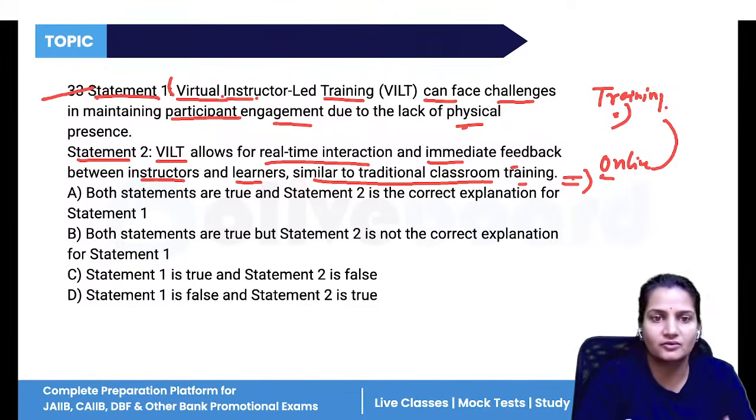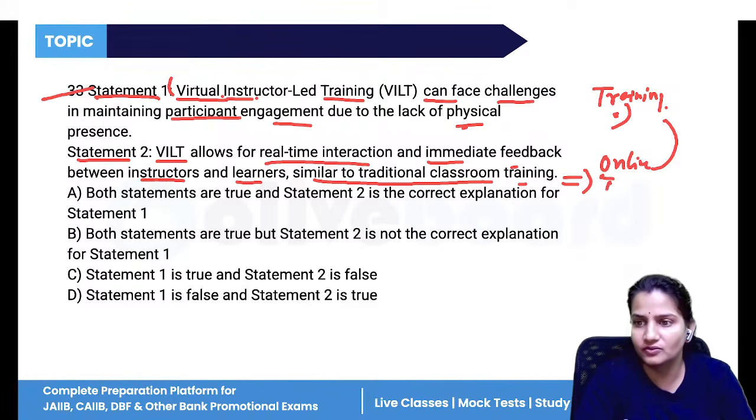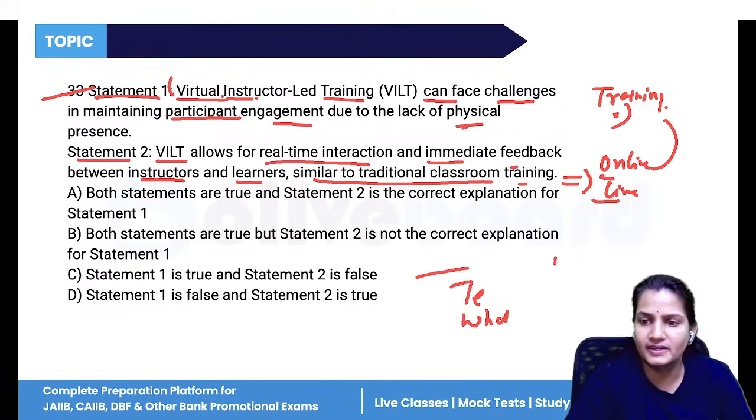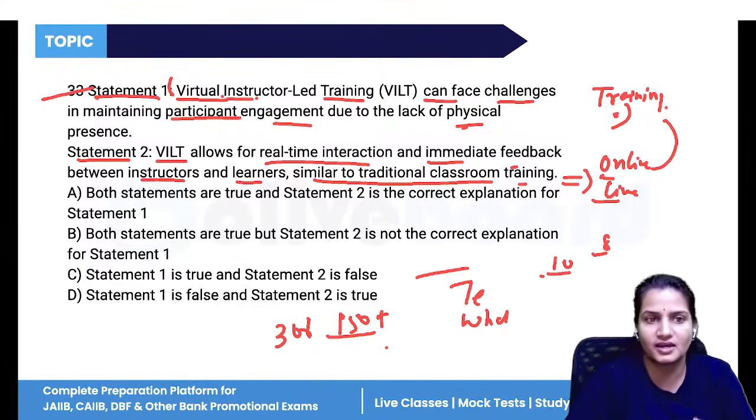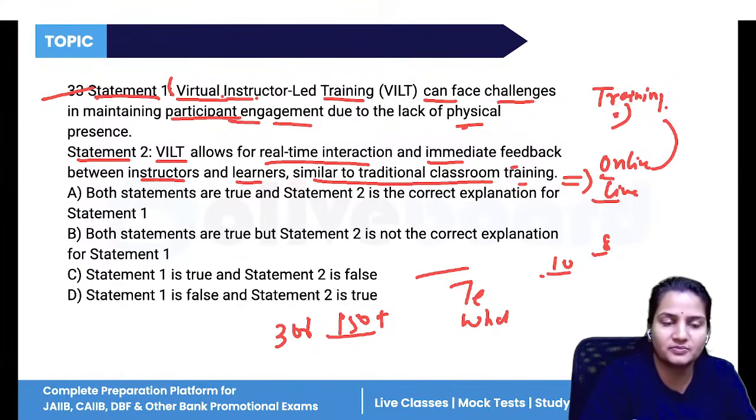I cannot tell you that you have to join this session, you have to watch the video. If you want, then only you will see this video, this live session. I have shared this video on Telegram also, on the WhatsApp group also. But only 10 people have joined, or only 8. Although we have 150 plus members on WhatsApp, still only 10 or 15 have joined. I cannot call you, I cannot go to your house and call you. So participant engagement is less.